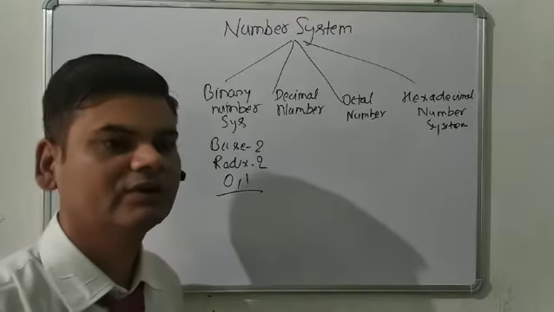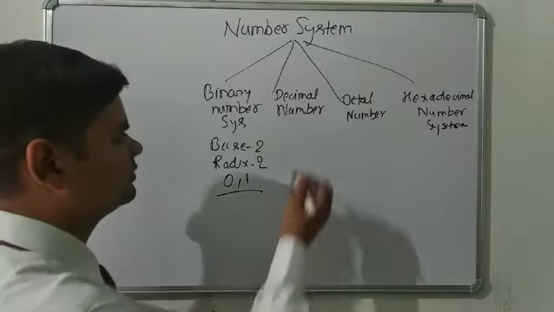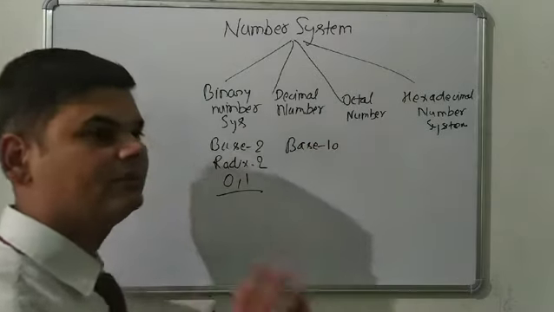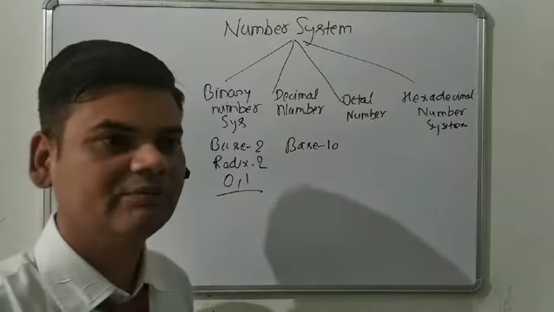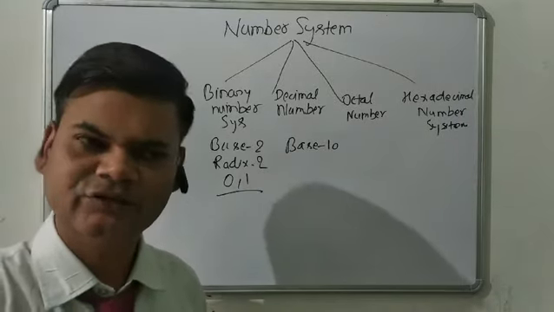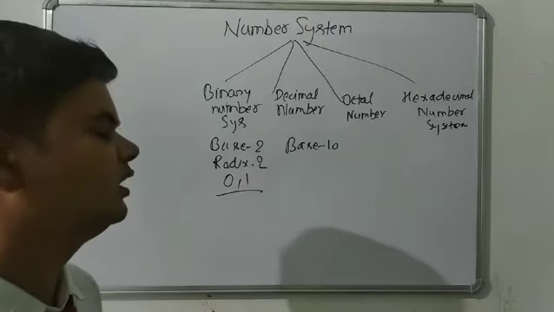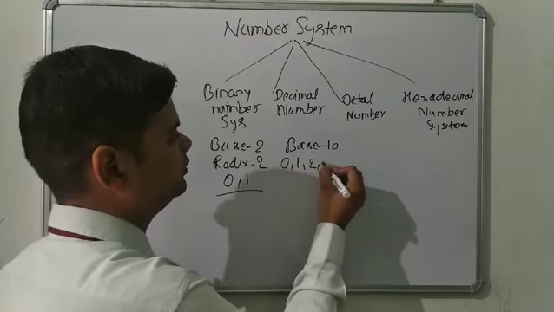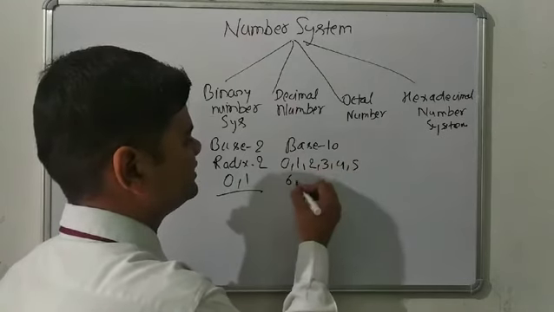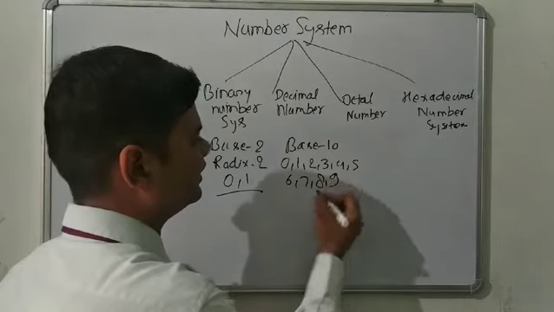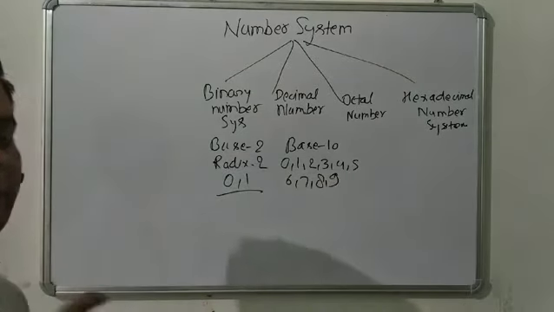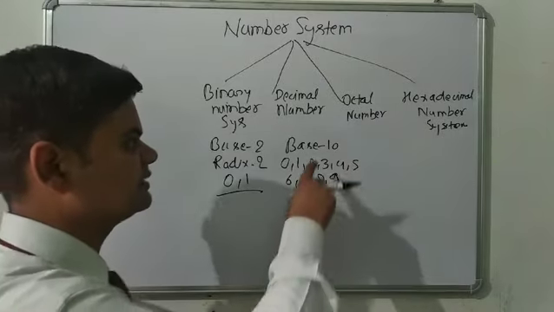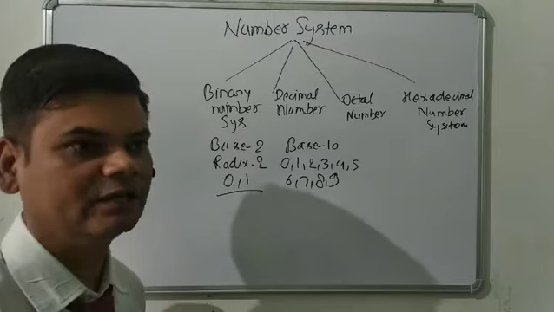The next thing, we are talking about the decimal number system. In a decimal number system, we have the base 10. What is the meaning of this? It means in a decimal number system, we are using a total of 10 digits. That's why their base is 10. Their counting starts from 0, 1, 2, 3, 4, 5, 6, 7, 8, and 9. So 0 to 9, that is a total of 10 numbers, and these 10 numbers are used in a decimal number system, and their base is 10.